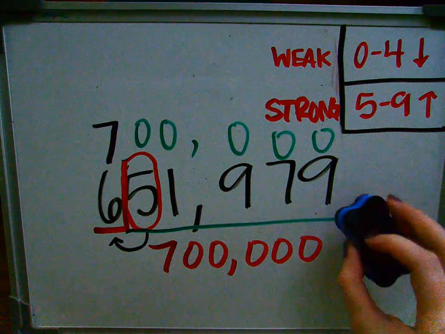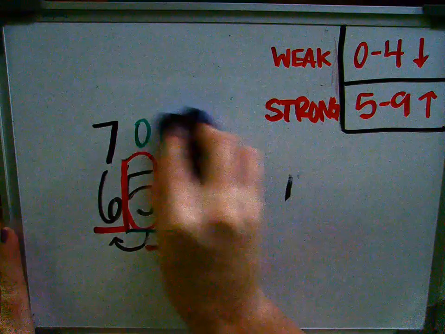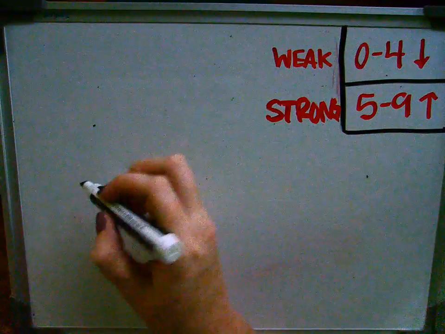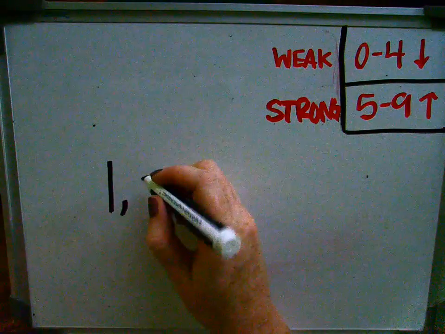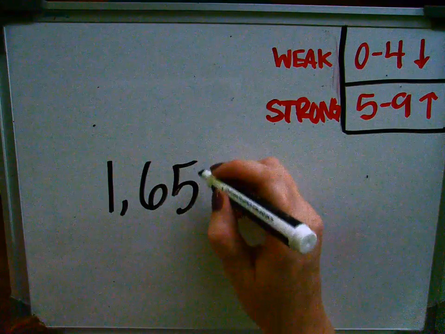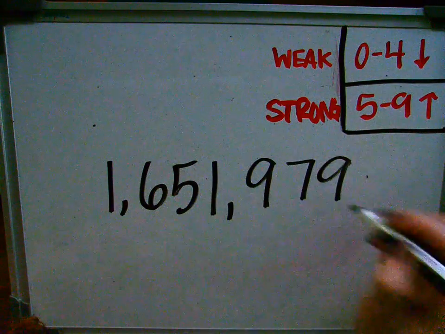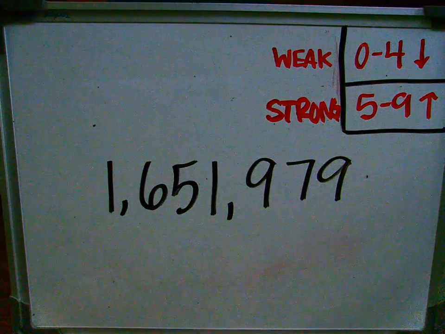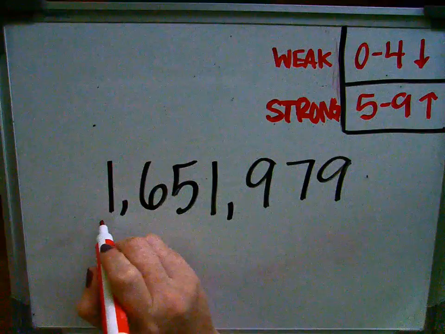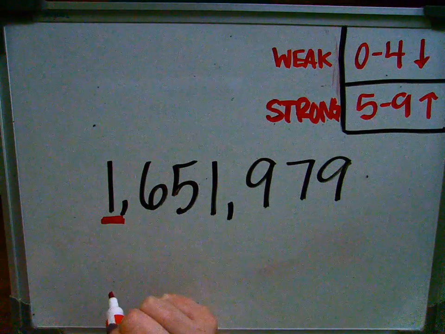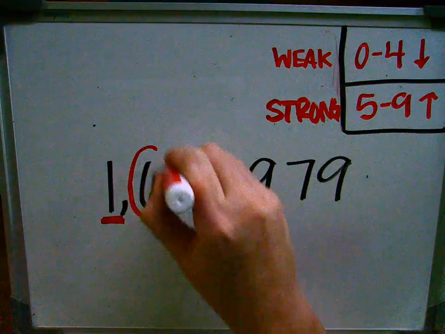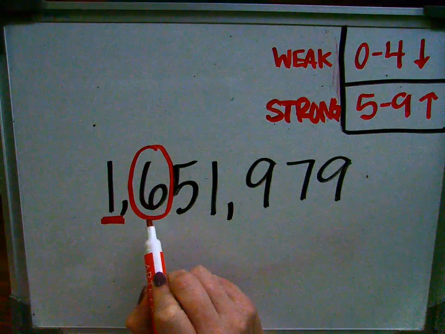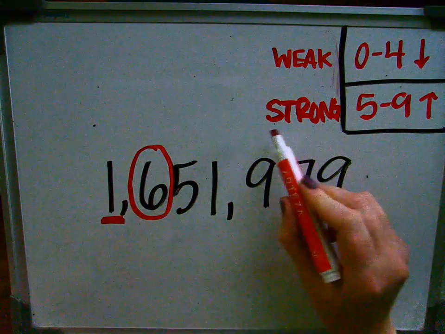Now I'm going to give us a number to where we have to round to the nearest millions place. And the whole idea behind rounding, it doesn't change just because there's a different digit there. So I'm going to still use 651,979, except now I'm going to add a digit in the millions place, which is a 1. So same thing that I did before is I'm going to underline what I am rounding, which is to the nearest millions, and then I'm going to circle the digit that tells me if I round up or it stays the same. So again, we circled in the 100,000s place a 6, and a 6 is a strong number